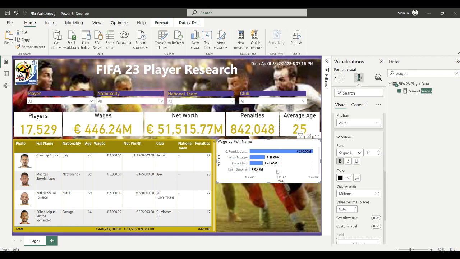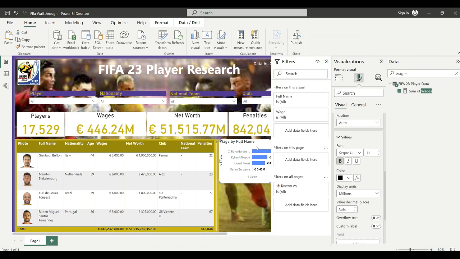So now it's easier to see it. Now it's bigger. Since we said that this is going to be the top 3 most paid players, why are we seeing everybody? This is not top 3 yet. How are we going to do this? So we need to put a filter on this visual. To do that, you go here where it says filter. Make sure that you have this selected, and the next thing we can do here is to go where it says full name. Click it,